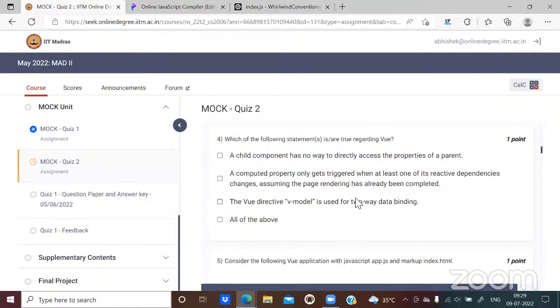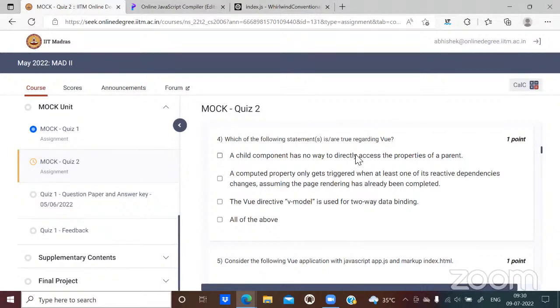It's false, because using props. No, using $parent, we can access properties of the parent. Correct. Just like there is a variable called this.$store in case we use Vuex store in our application, similarly there is one more variable, as Chandrasekhar mentioned, that $parent variable, through which you can access the properties of a parent as well in Vue. So, of course, the first statement is false because this is quite possible.